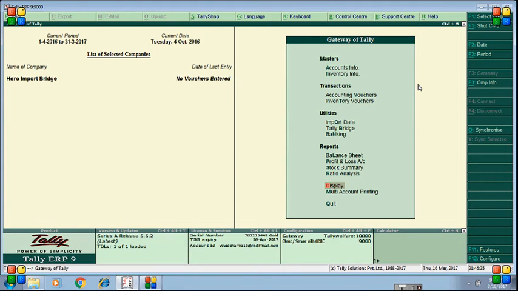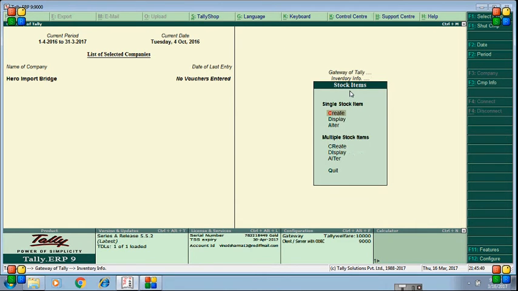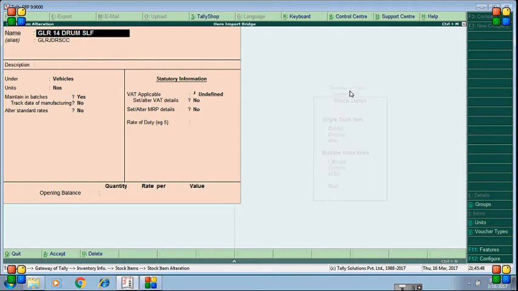What we have to do in the Tally is map our vehicle models with the code, because Hero gives a specific code to each and every model, but we cannot use the same model name because we use different kinds of names, like instead of GLR we use Glamour, and some dealers use Hero Glamour.